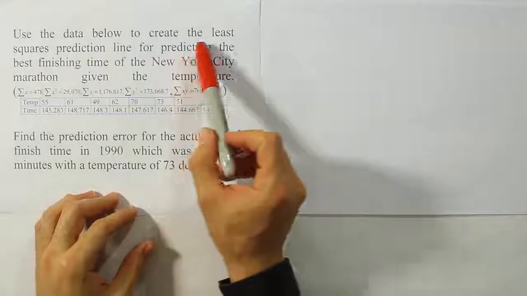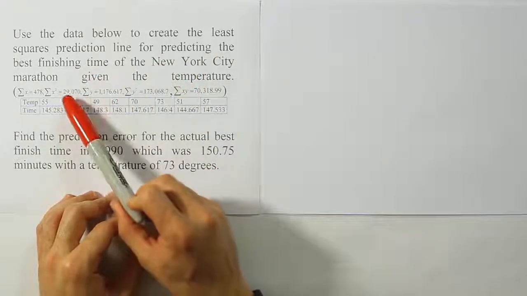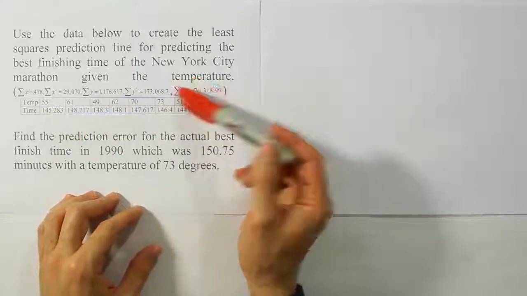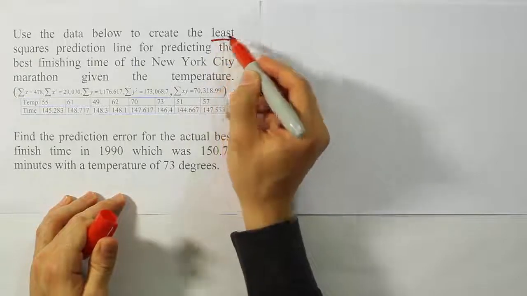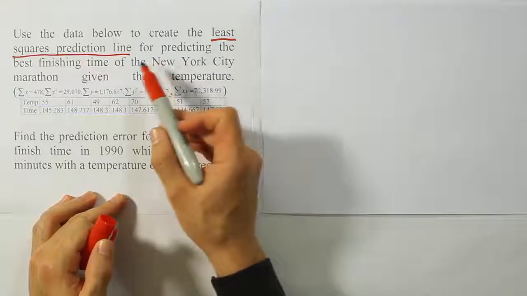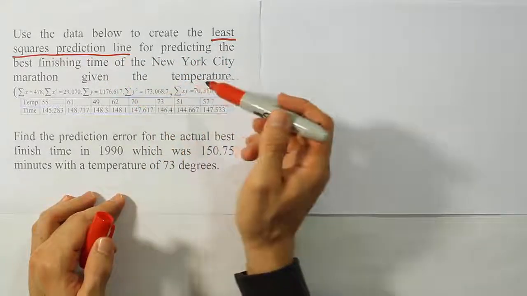Use the data below to create the least squares prediction line for predicting the best finishing time of the New York City Marathon given the temperature. So what we want to do here is make a prediction line. From the wording of the problem, it's clear that we have to create the least squares prediction line, right? And the idea of the prediction line here is to predict the best finishing times given the temperature that day